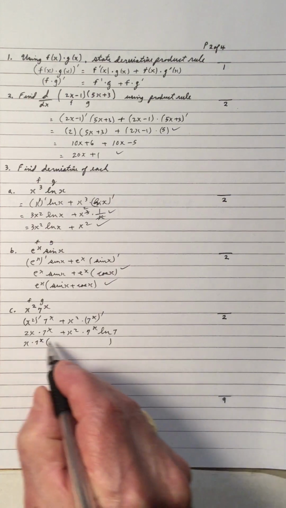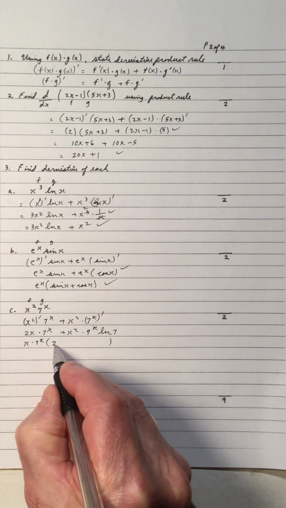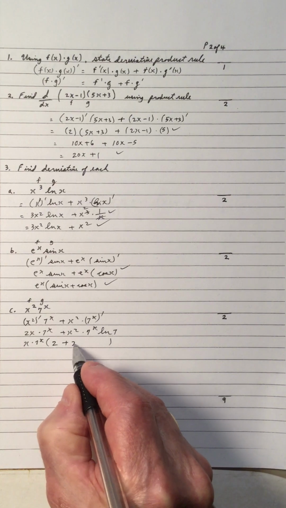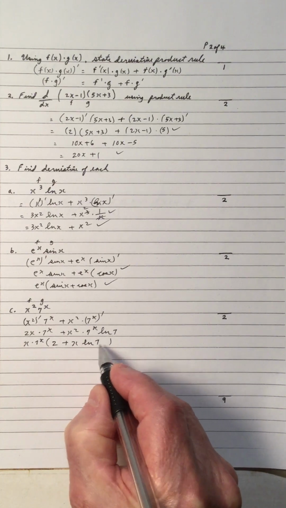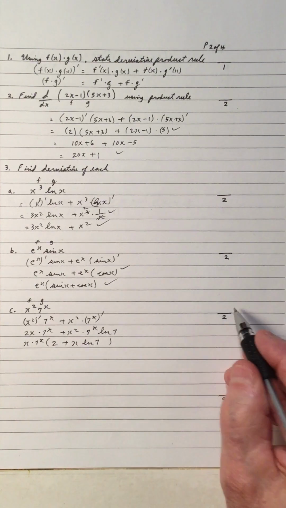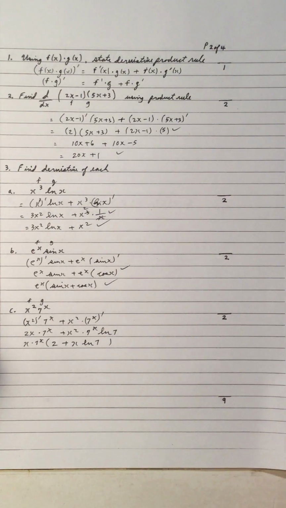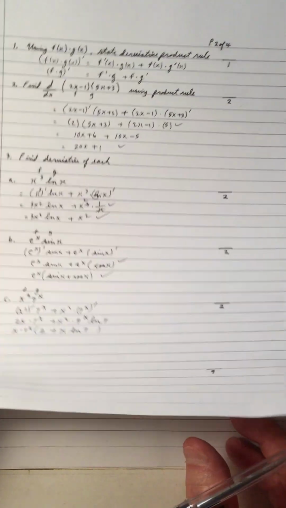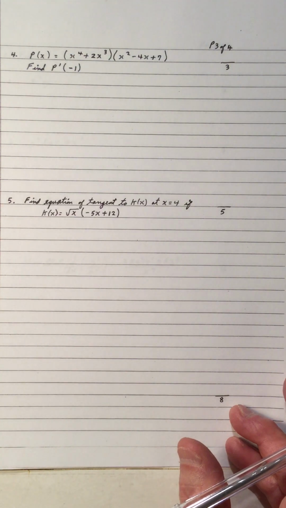So if I take that out, I get 2 right there, plus I get an x here, ln x. Again, if you have that answer, you give yourself 2 marks. Total for that page is 9. Hopefully everything's going well. You know how to do the different derivatives of the functions, and you know how to